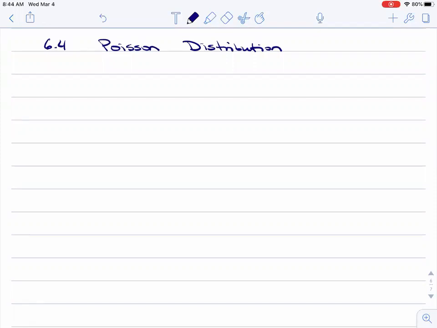So I've already warned you once, but I'll warn you again. We're not going to spend much time on the Poisson. It doesn't come up on the final. You'll see how to calculate Poisson probabilities in the lab. So I'm just going to run you through the situation. How do we calculate these things? We've got a couple of examples, and then we're just going to parking lot it. Right, so,